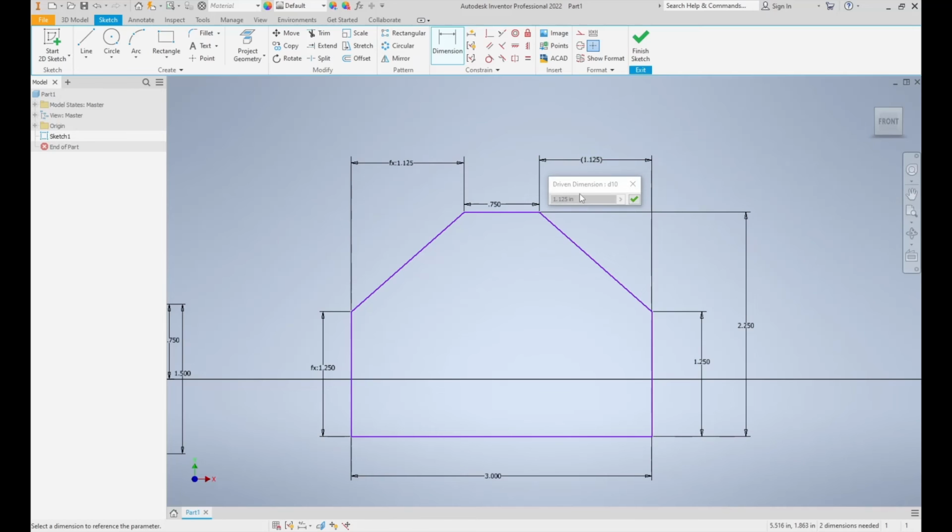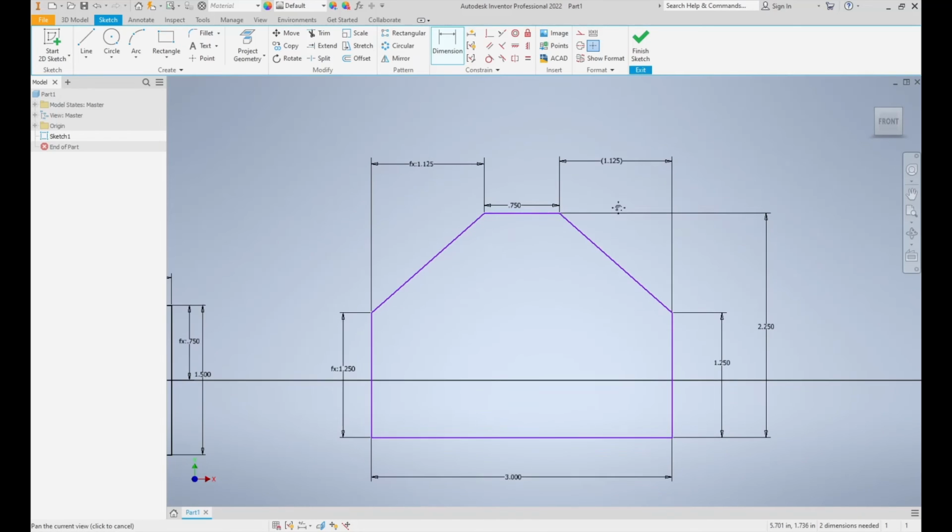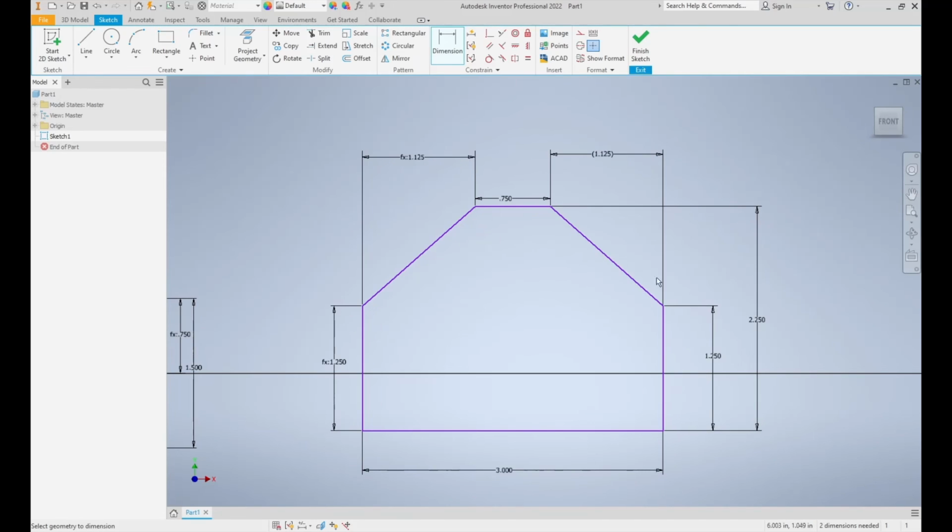So if I double click on it to change it, you'll notice that it's grayed out on me. I can't change this value. It's just there for reference. So you're going to hear me call them both either driven dimensions or reference dimensions. It's the same thing. It's when you have a dimension that's in brackets that is evaluated based on all of your other dimensions on here, and it cannot be changed, but we can still use it to reference other parts